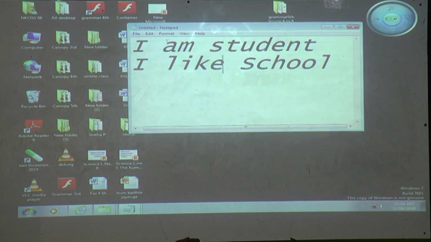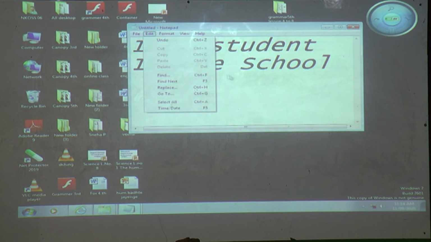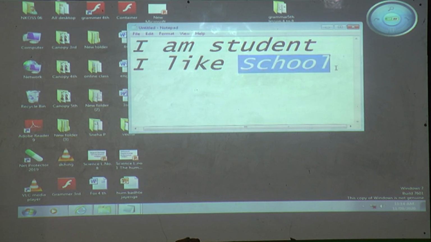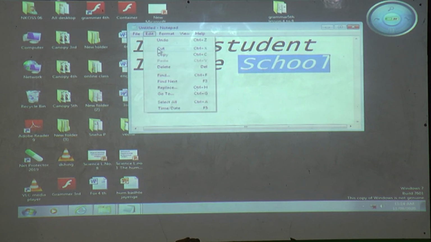Now we will see the next one, cut. Why is it showing like that? Because if you want to apply any effect, firstly we have to select. Suppose I want to cut this word school, then firstly we must select it, then cut.